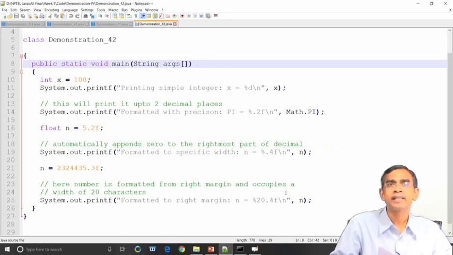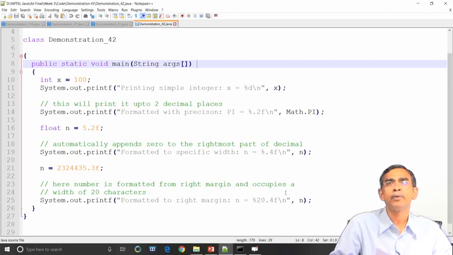It is just like C syntax. Within double quotes whatever you write will be printed verbatim, but if you specify a format, then the value for that format needs to be placed by means of a comma. There is no plus operator like that in print or println. So, here %d means that x will be printed in decimal format, %d stands for decimal format.